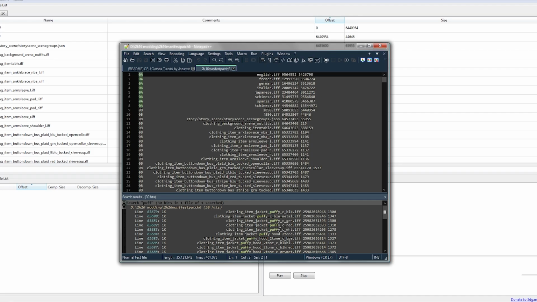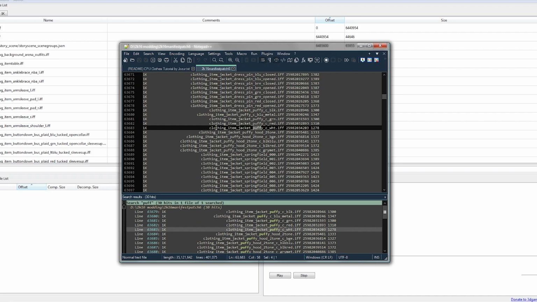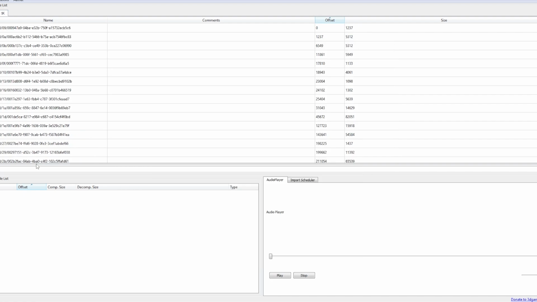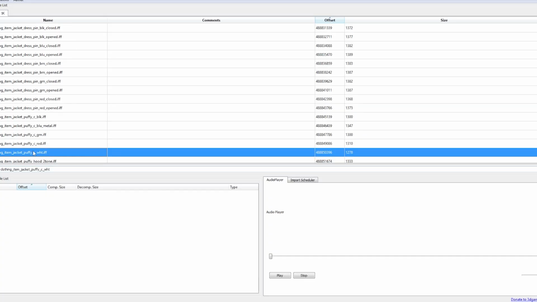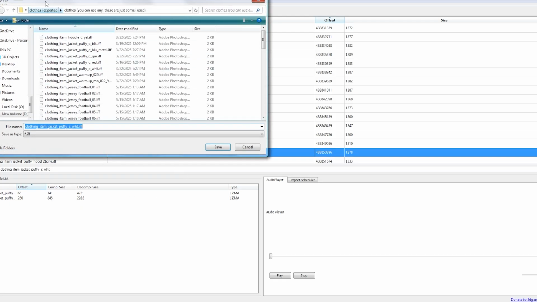And let's just say we want the white puffer. We see the file name, clothing item jacket puffy white. Just gonna copy it, go back to Explorer, head over to 1K, paste it in. There it is. You want to right click it, click export archive, and then I recommend just making a folder